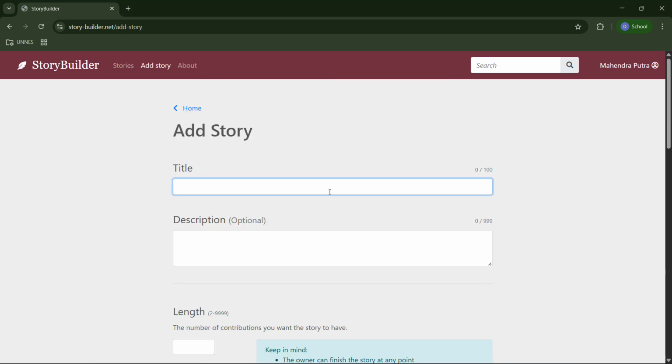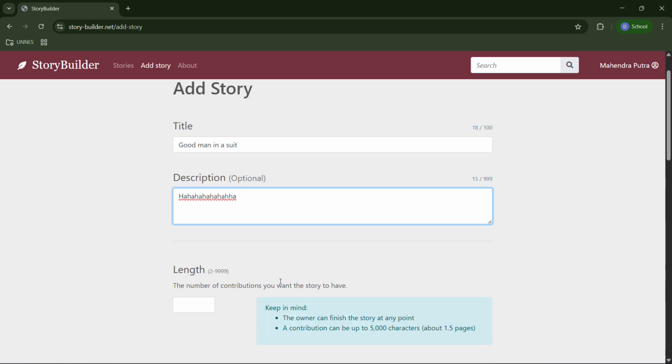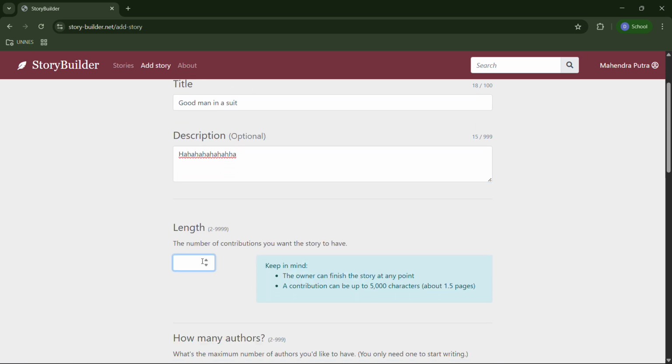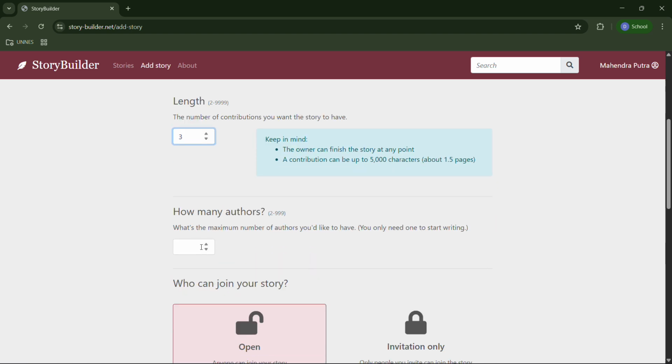Then we can insert the title here, for example, Good Man in a Suit. And the description, you can write down, for example, ha ha ha ha ha. And the length, you can adjust the length here based on the number that you want. Yeah. So for example, I want to have 5 pages long. Sorry, 3 pages long,